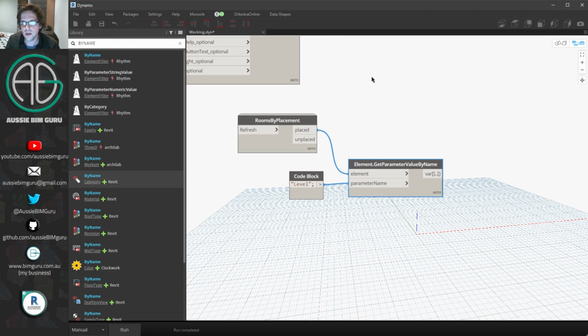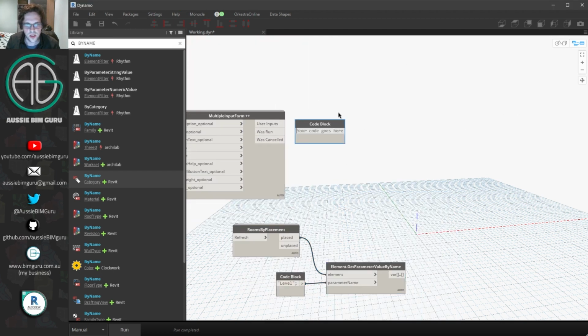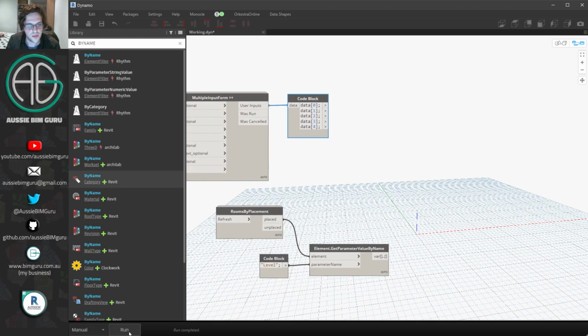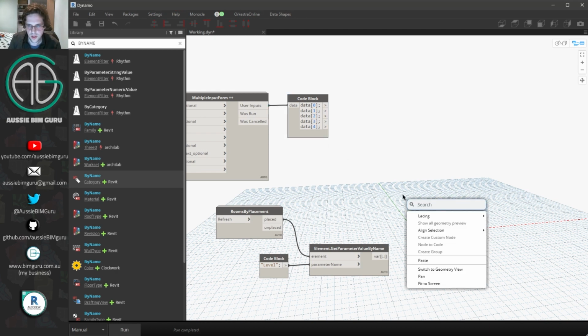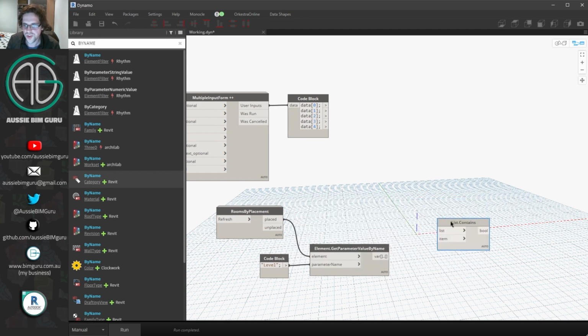interface. So I'm going to go up and just split all my data up using a code block. So I'm just going to call my data. I'm going to name it as a variable, and I'm just going to split it up into rows. And I'm basically just splitting all the data from the various indices that the data occurs at. Now each row will be a single variable as it comes out the other end of my interface. In this case, data4 is a sublist of the levels that I'm looking at. I can now run this over a list.contains node to check if each of those levels occurs in the levels